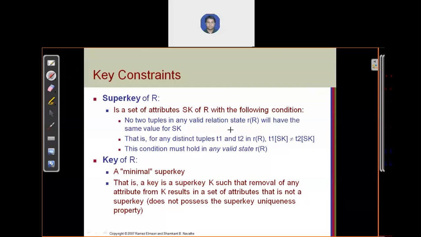Are you getting my point? Let me write. If there is a relation S and there are attributes A, B, C, D, E. Suppose there are five attributes and several keys: A, C, D forming one key, B and C combination forming one key, and just consider D, E forming one key. It means there are three keys you can define, and all these three keys uniquely identify your records. So you will select the key which has the minimum number of attributes, like B and C, BC.